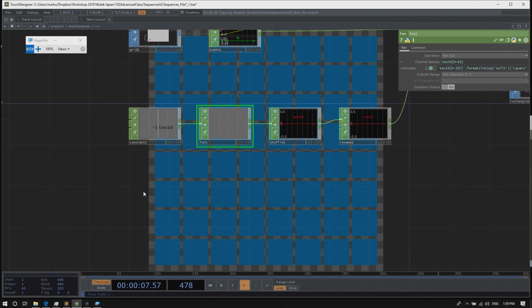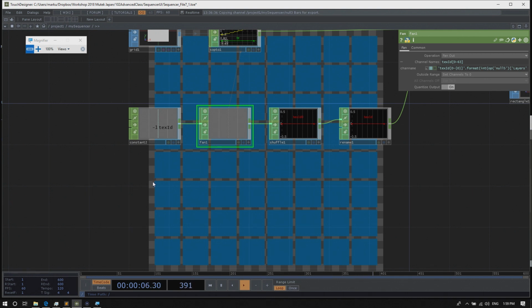The best approach is to use a table DAT and store which ones are on.